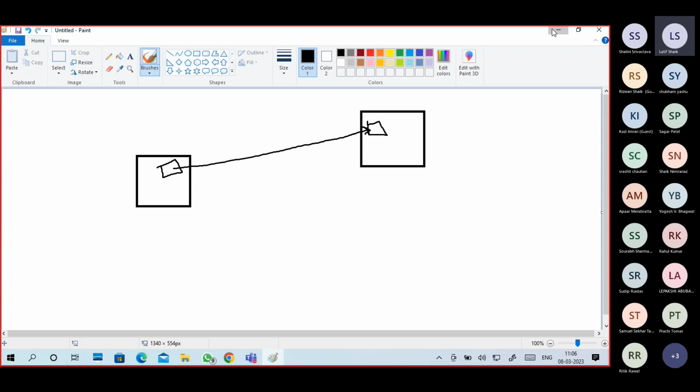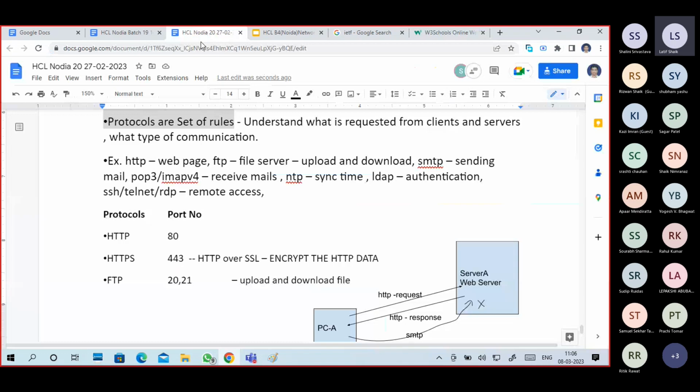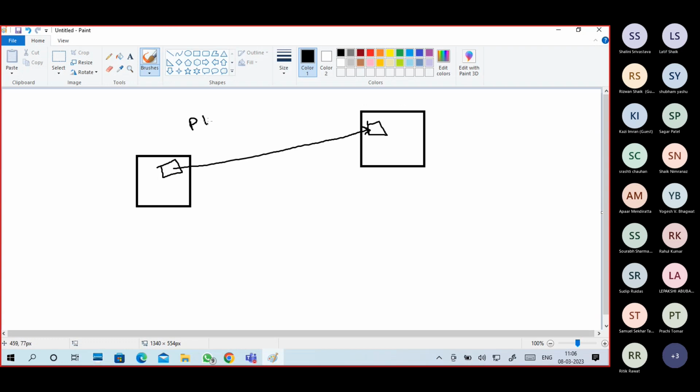Okay. So here it is, to understand what is the request from client to server, or from server to client. It may not be a server, it is not compulsory, even a normal system also. For example, I'm sending a ping request from my PC A to PC B. Last class we sent a ping and a tracert.